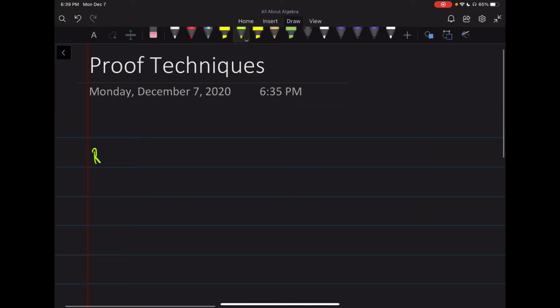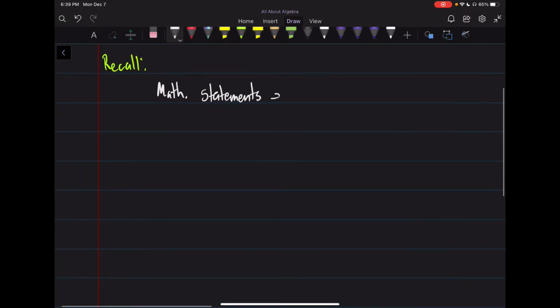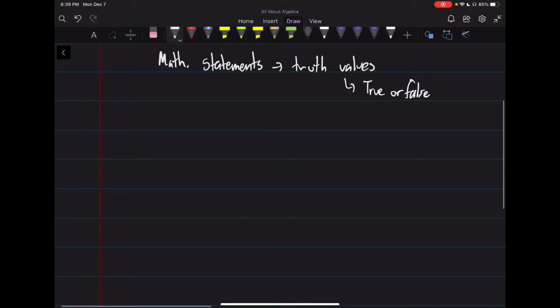Well, if you recall, mathematical statements have truth values, right? As we discussed in the past, which means true or false, right? And sometimes it's given to us. It's pretty obvious whether it's true or false. So it's like, oh yeah, this statement is true or this statement is false. But